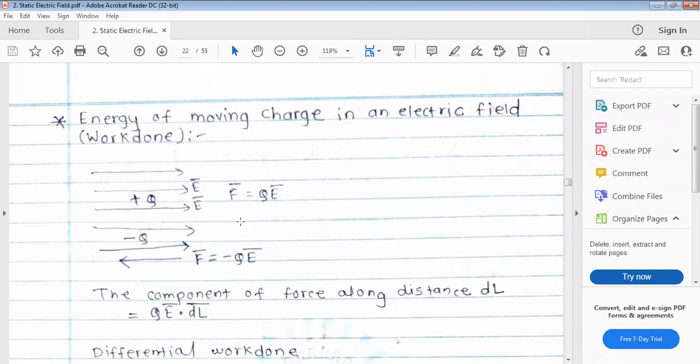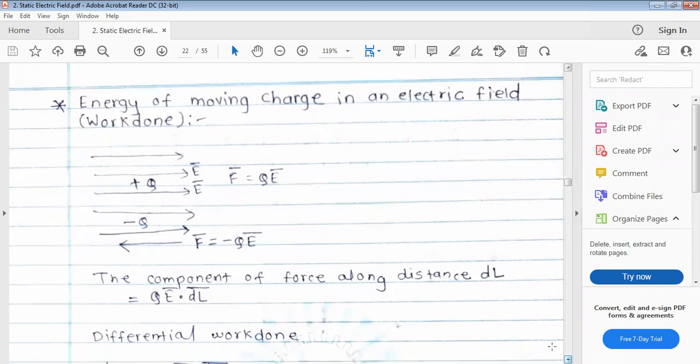Actually, why is this minus taken? This F bar is given as minus Q into E bar. So why is this taken? Because we can take the example of our gravitational force. Okay, so suppose